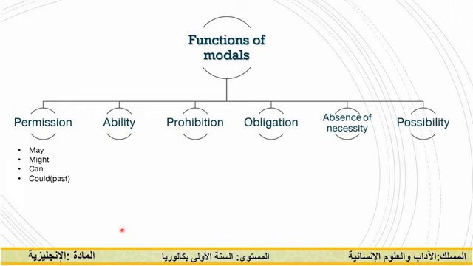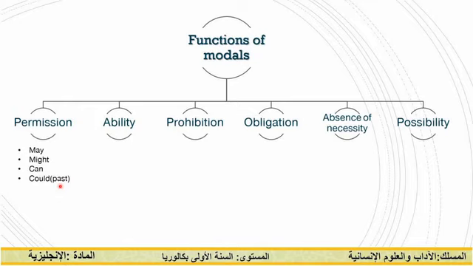And then we have can and we have could. The difference, as you see in the slide, between can and could is that could is used when we talk about the past, okay? And can is used when we talk about the present. Okay, very good. Now, let's go to the